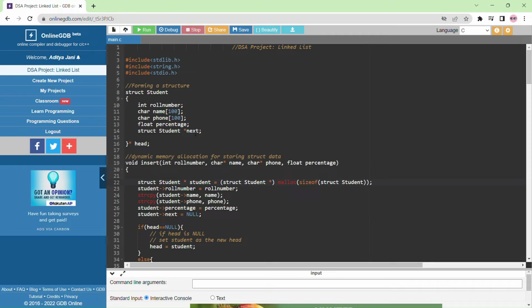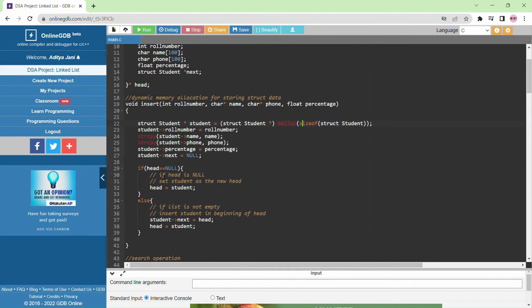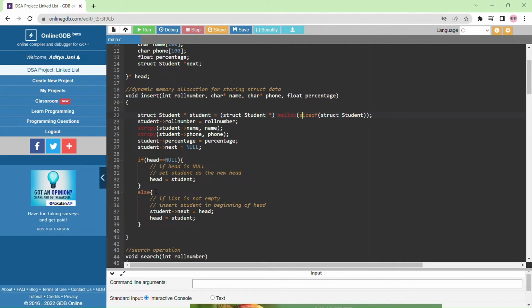Then we have created this function called insert where dynamic memory allocation is done to store data in the heap where all data is saved respectively and the pointer is set to null, and an if else condition. If head equals null, then the student is saved as head, else in the next pointer. Then we made a few functions for the search operation where the roll number is used